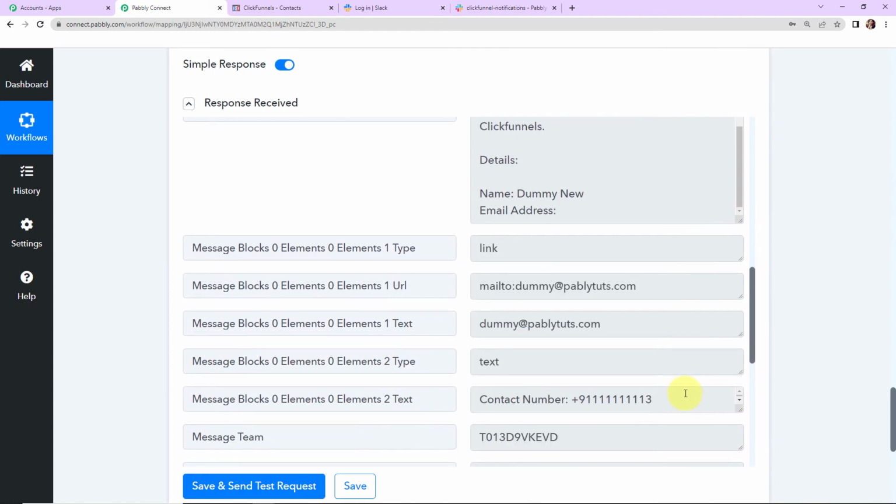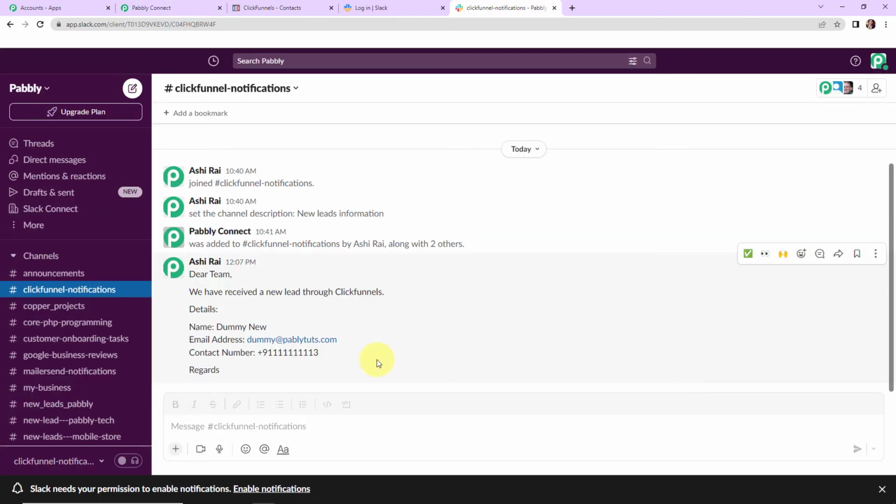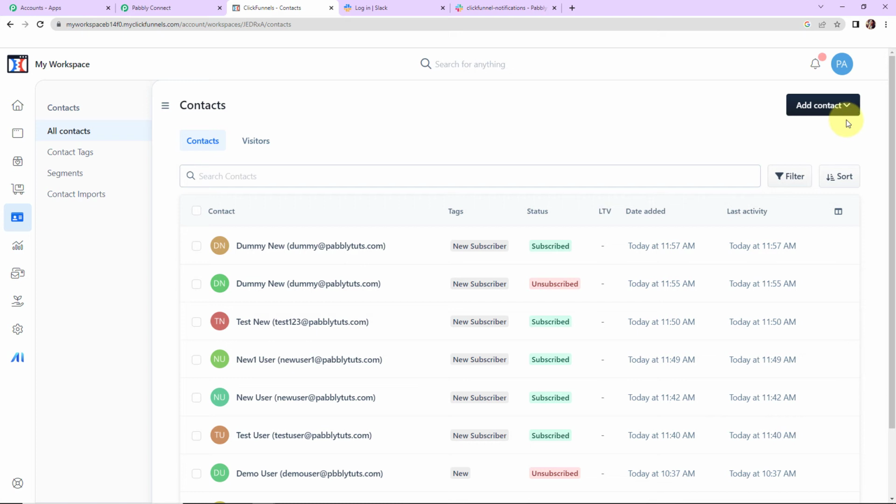Now to check this, I'm going to take you to my Slack account. And here we can see that yes, we have received the message, which basically means that this integration process is a success. But we also need to check this in real time. So what I'm going to do is take you back to ClickFunnels, and here I'm going to